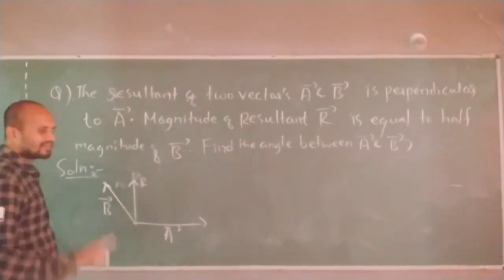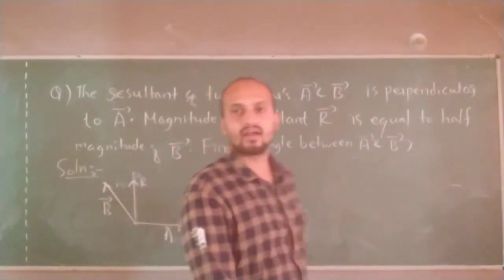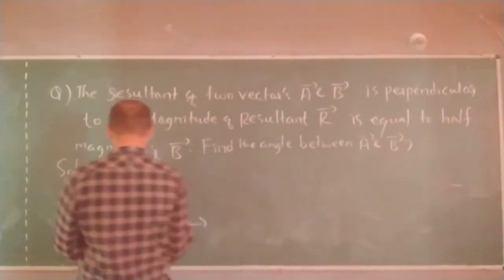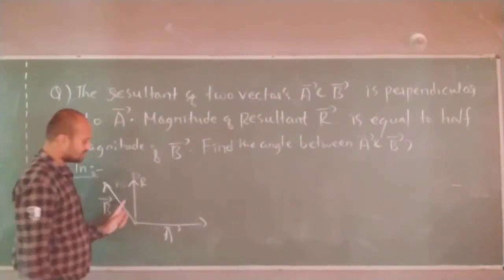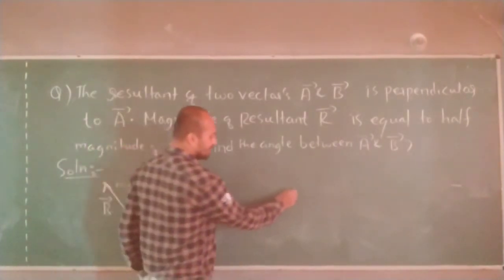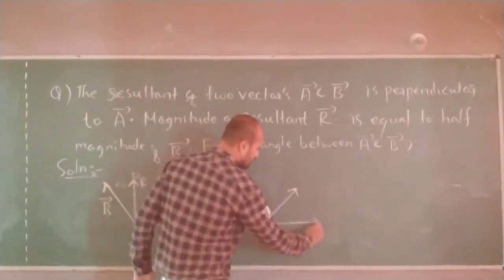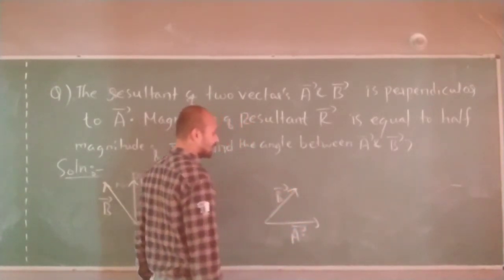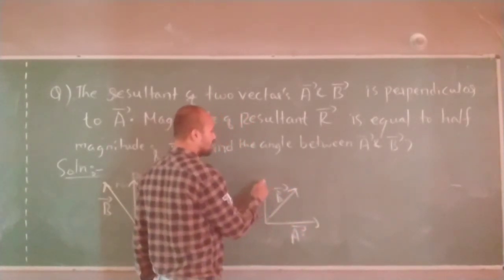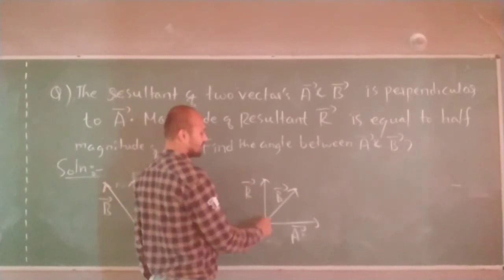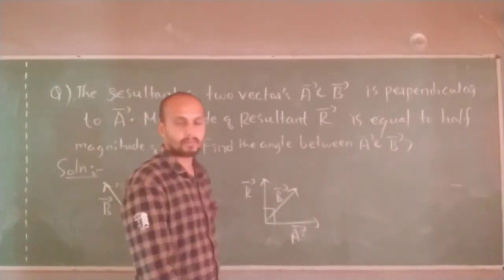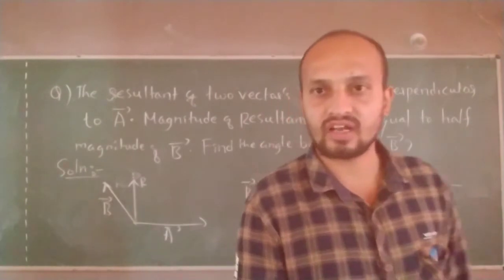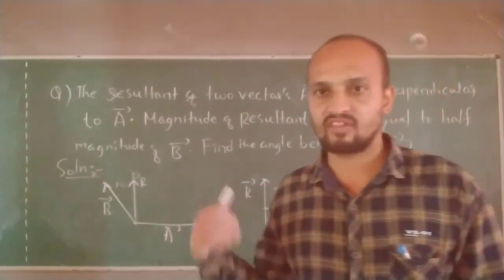Correct now? Now you will be having one question in your mind. Sir, how did you directly take the resultant of these two to be like this? How is it not possible, if this is vector A and this is vector B, that the resultant will be like this? How is it not possible like this? If that question is there in your mind, I will explain right now.